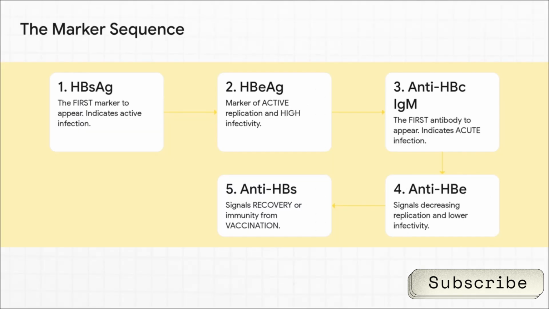So here's how the story unfolds. First, HBsAg pops up. That's the bad guy on the scene. It means active infection. Shortly after, HBeAg appears. That's our high infectivity flag. Then your body starts to fight back, and the first antibody it sends out is Anti-HBc IgM. That's the signal for an acute infection. As your immune system starts winning, Anti-HBe shows up. And finally, the hero arrives,